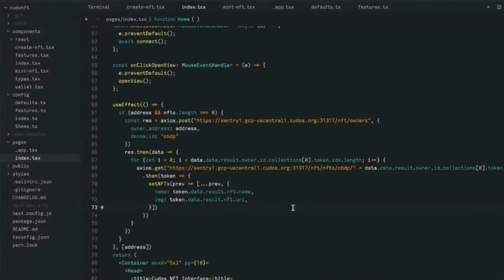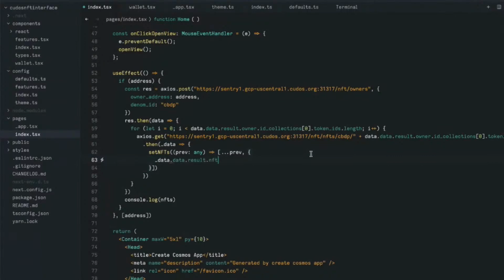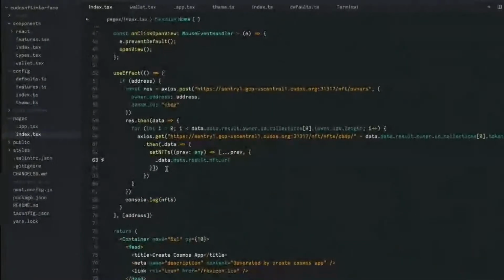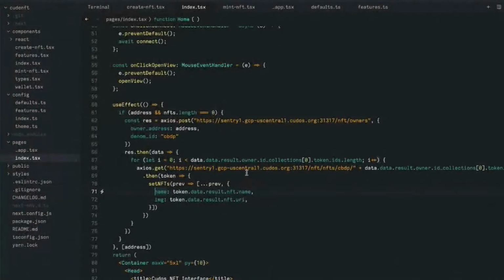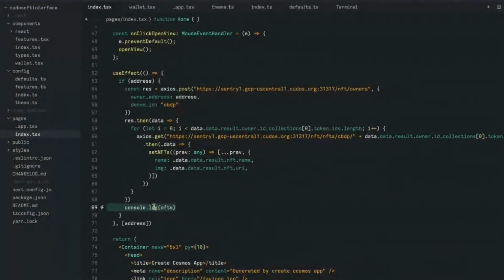Yeah. So what we do is we change this to something like this. So we have a .url. I think yeah, it's a .uri. I'll copy this object. So we have that object right there. So this just becomes data underscore data dot data underscore data dot data. Yeah. If you're console logging NFTs right here,